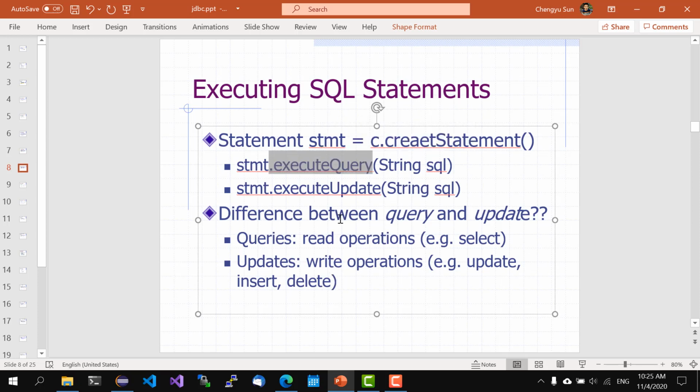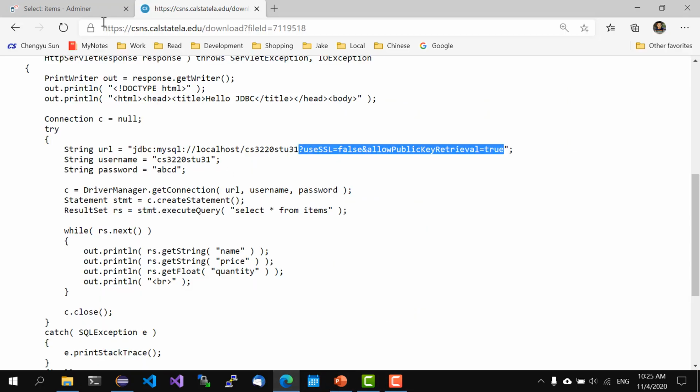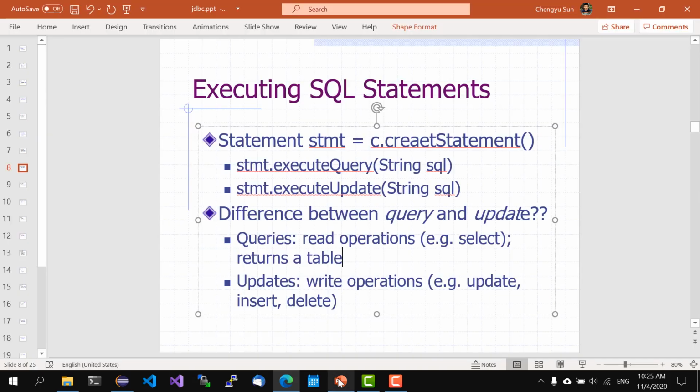The reason JDBC treats these two things differently is because they return different things. In particular, if you think about it, a query returns a table or table-like data structure. Let's just call it a table. For example, if you say select star from items, it will return something like this, where you have a table with name, price, quantity, and the number of entries. On the other hand,